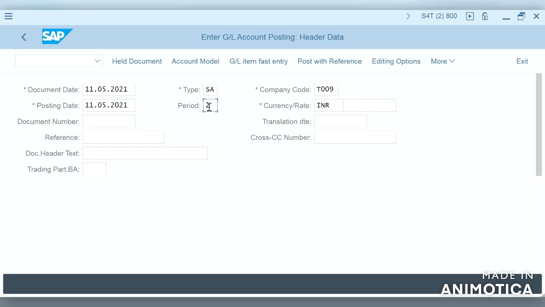And posting period is 2. Okay, we will just click on enter and we can see the error message showing no amount tolerance range entered